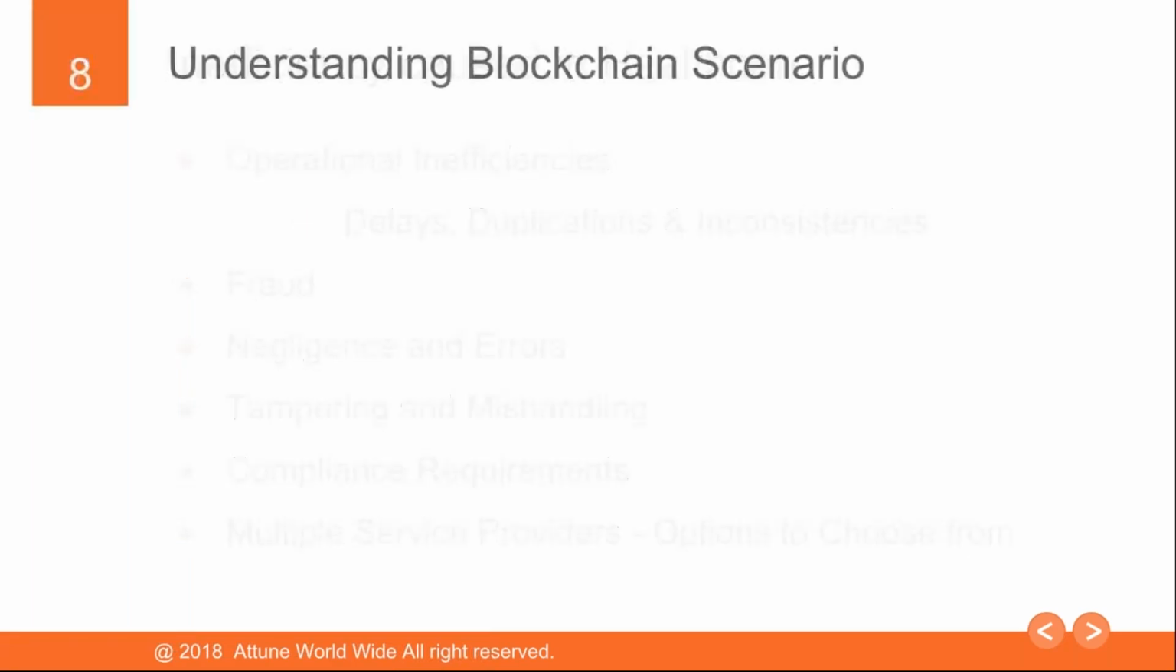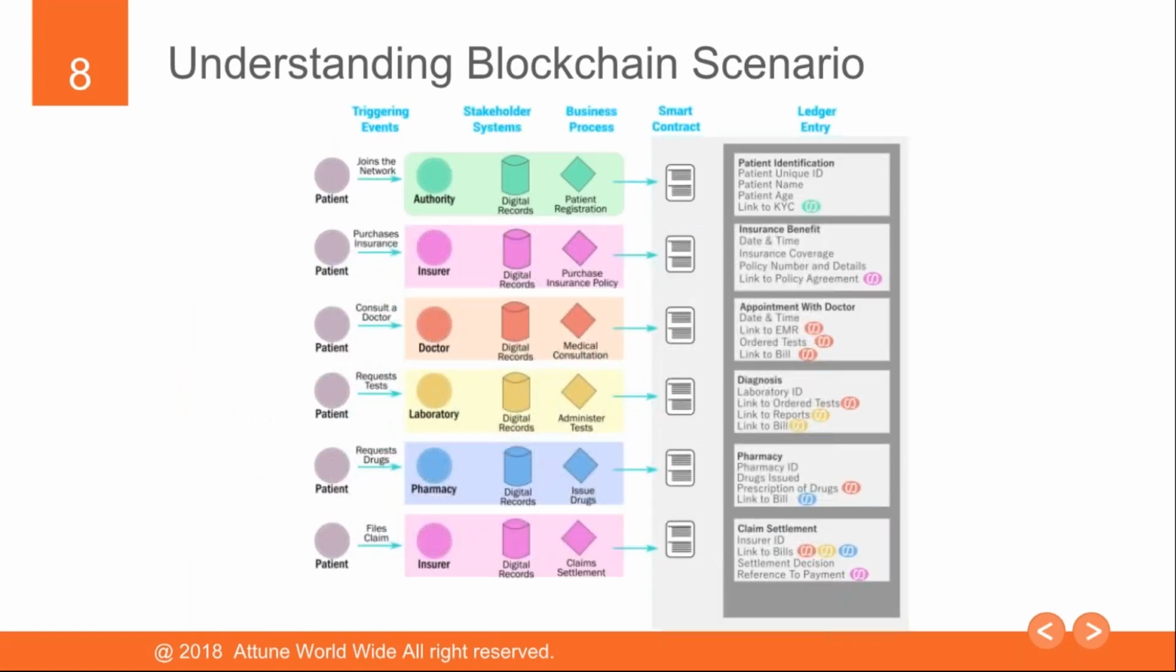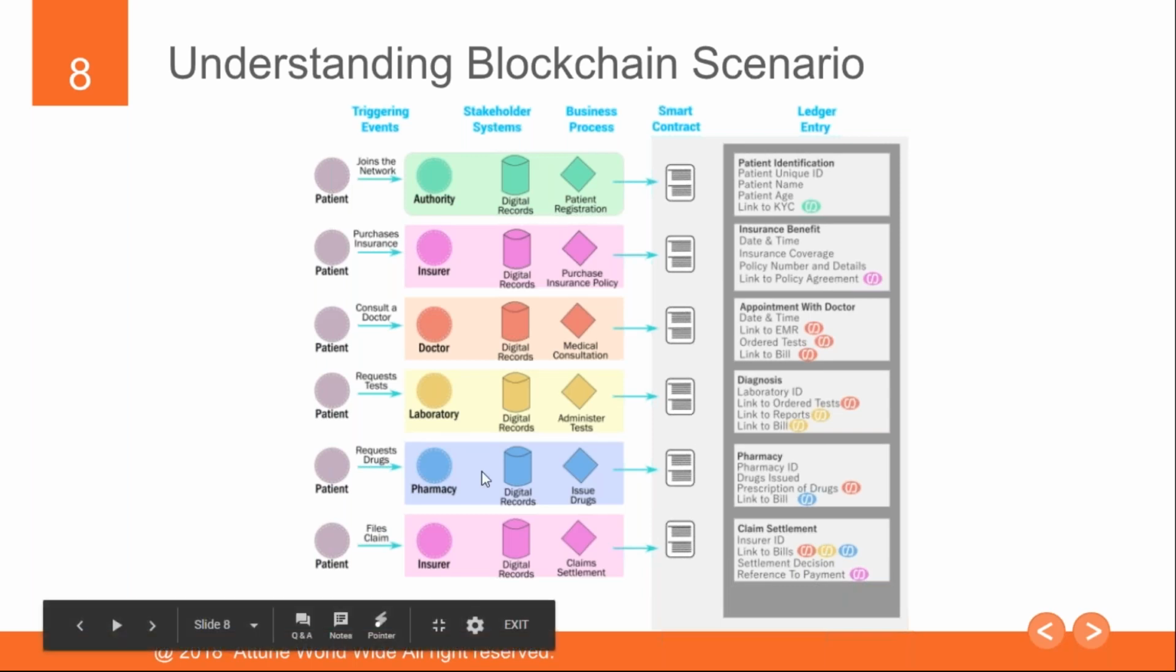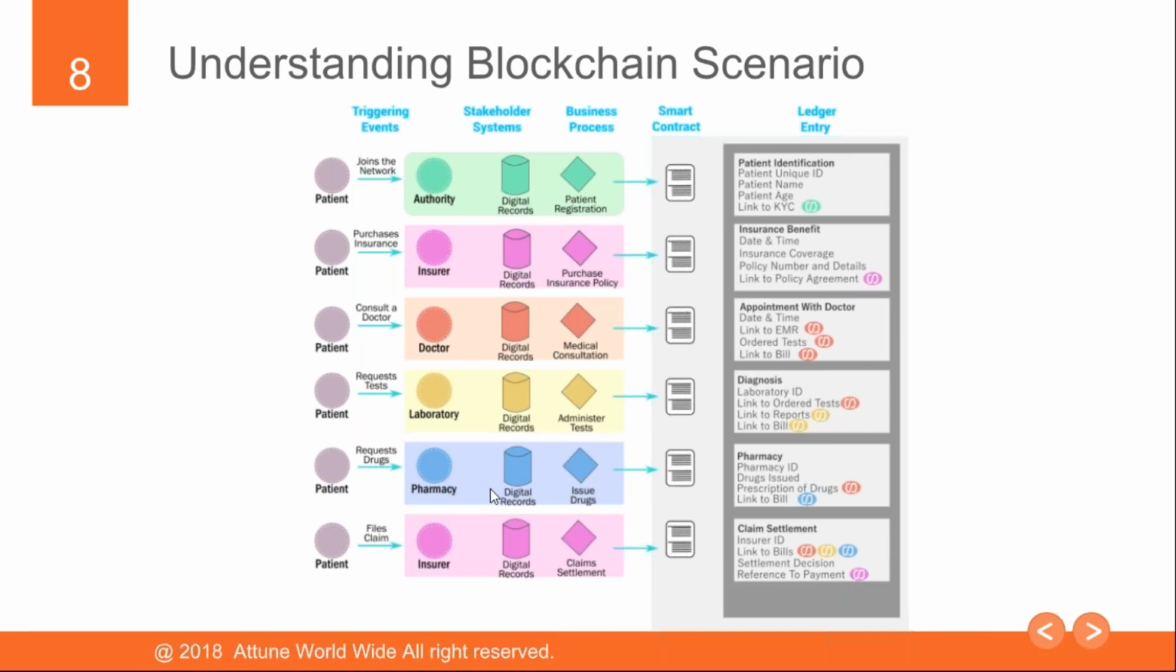Now, with a simple scenario, I'm going to explain blockchain. You can see on the left-hand side we have the patient, and then the parties with whom we are authorized. So authority is there, insurer is there, doctor is there, laboratory is there, pharmacy and insurance. The patient will interact with all these parties. Each and every person will have their own digital records. This is in terms of blockchain. First step is that the patient joins the network, which means he arrives at the hospital. The reception and registration will be done, and that will pass to the smart